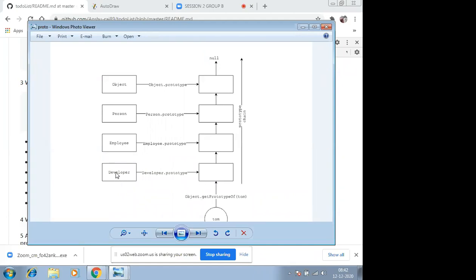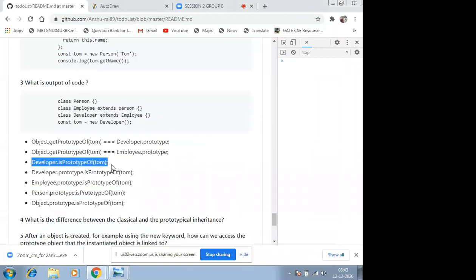Of course, this developer will have access to this prototype object, but these two are different. So here we are not comparing developer.prototype with the prototype of Tom. We are comparing the object with the prototype of Tom. So that's why this will return false. This will not return true. I think it's a bit tricky.